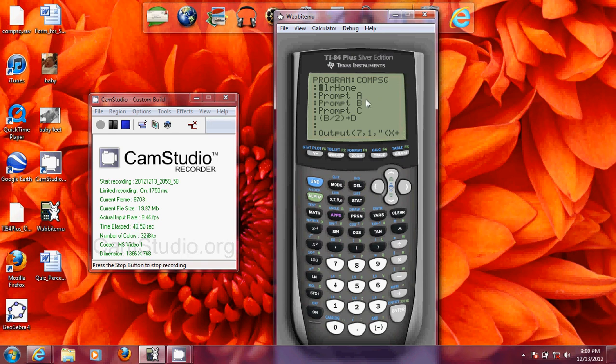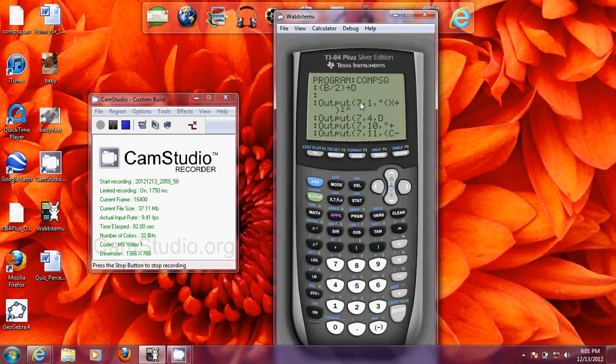Coming down here, I prompt the user for A, B, and C, which are the coefficients or the constants from the general form of a quadratic, which is ax squared plus bx plus c. So a is the coefficient of your x squared term, b is your coefficient of your x term, and c is your constant. I also decided to put b over 2 and store it as d, and you'll see why later. There's a reason for that, and it kind of comes out later on when you're going through to complete the square. Once you have a, b, and c, it's really the only thing you need,